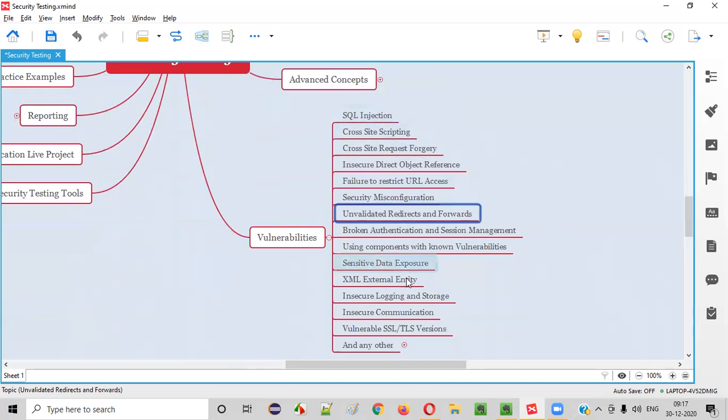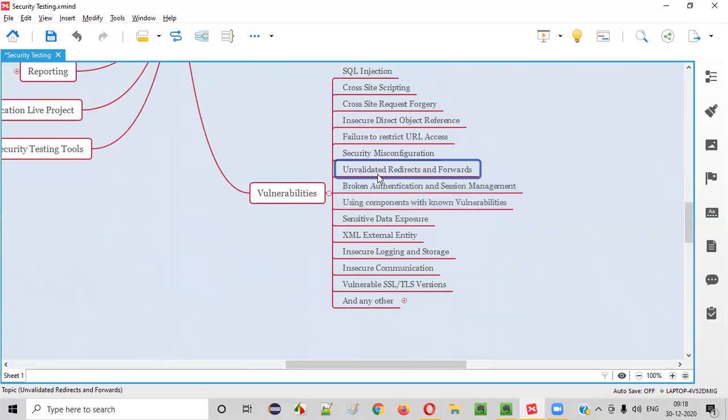Don't worry, they may look like Chinese words to you if you are new to security testing. But once we go to the real topics, I will explain in a detailed and easy way as much as possible so that you will not feel like that afterwards. After the sessions, you will feel each topic is so much easier. For now, I will just read out the contents: failure to restrict URL access, security misconfiguration, unvalidated redirects